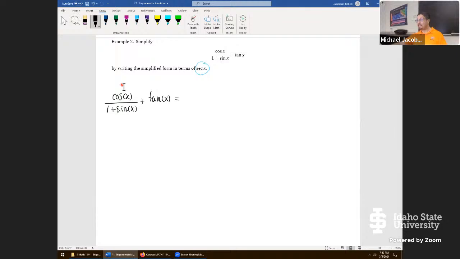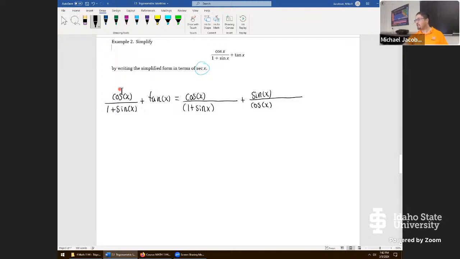Still, I have no idea what to do with that fraction, but here's the thought algebraically with this one. If you're simplifying, and there's a fraction right here, you're probably going to want to convert this to a fraction somehow, some way, and add together the 2 fractions, finding the least common denominator. So to start on this one, let's write in cosine x. We want a really large fraction bar. We're going to be inserting stuff. Denominator is 1 plus sine x, but it's going to need a parenthesis as well. Then plus, tangent is sine x